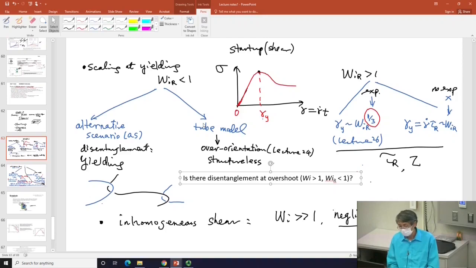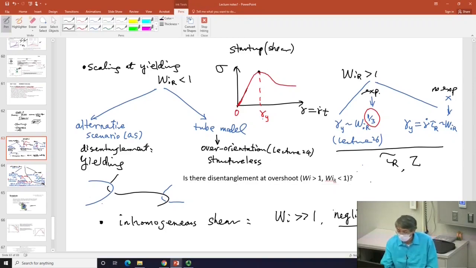What I mean by that is the following. For example, can you claim that this overshoot involves both disentanglement and overall orientation? Well, you cannot quite do that,